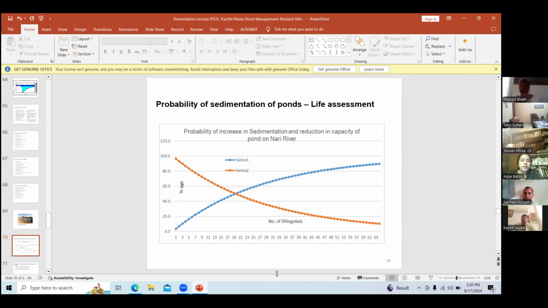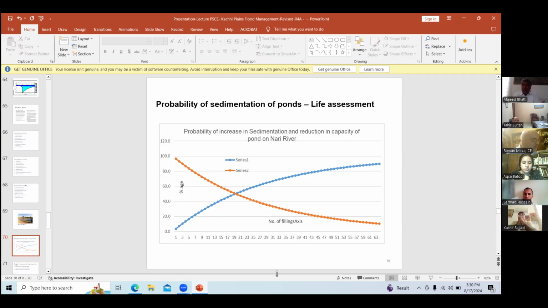So we have tried to assess the life. After about 50 years, the pond will be 90% filled with silt. So this is an assessment of exactly what will happen, because all the time the hill torrents flow with different content of silt.